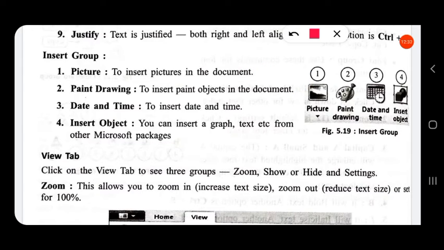Then paint drawing, to insert paint objects in the document. That is, from paint we can insert anything into our WordPad. Then date and time, we can insert our current date and time in our WordPad. Then insert objects such as graphs, text, images. Images can be inserted through picture. Any object like graph or text can be inserted through insert object.